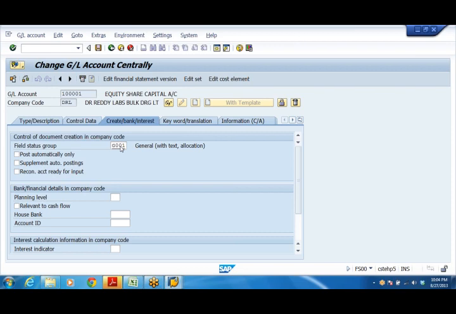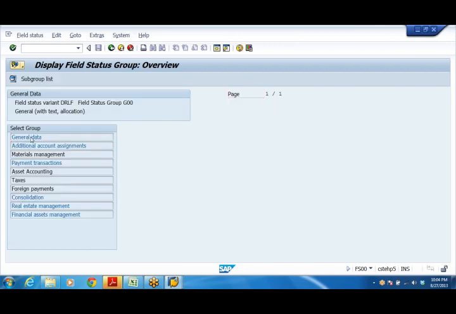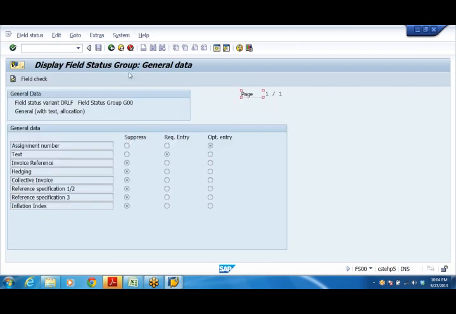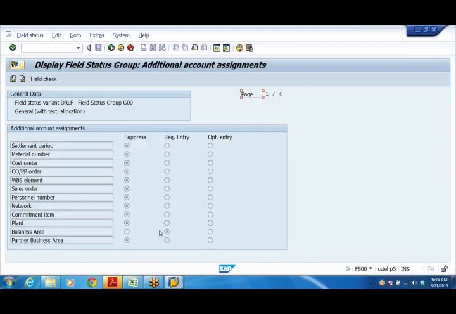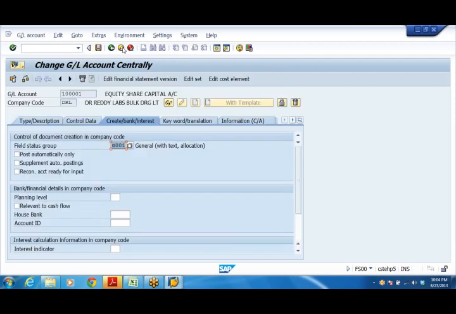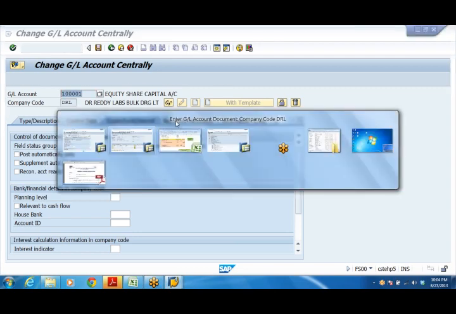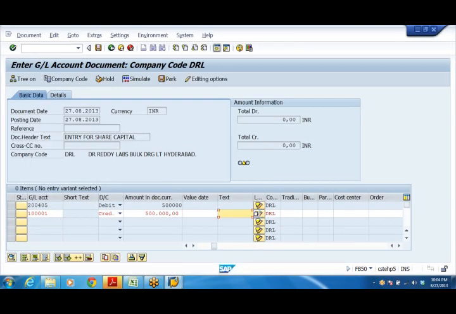Here we made changes for general data: text required entry, then business area required entry. These two we made required entries. This G001 is linked to 101. Now we are trying to post an entry to 101, and the system is telling me that an entry is required in the item text field for account 101.